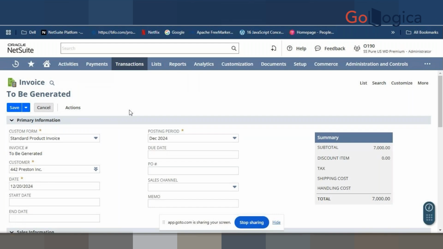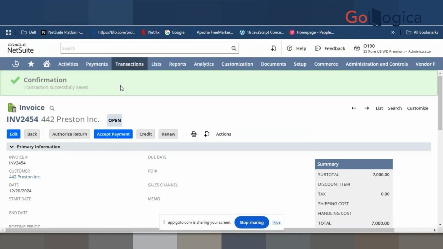Now, based on the invoice you send to the customer, the customer will make the payment, and that payment you will be recording over here in NetSuite. Once the invoice is saved, it will be in the status of open. Now over here you will click on the accept payment button. When you accept the payment,